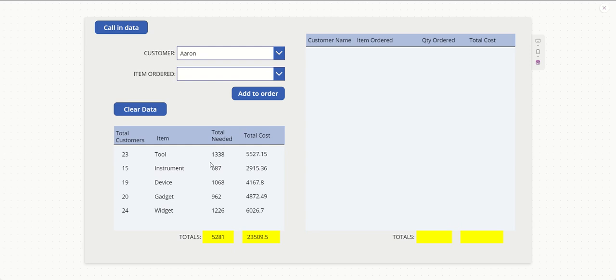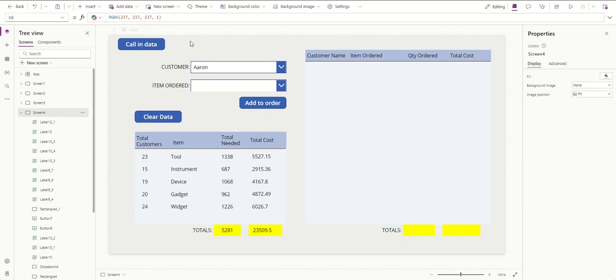So the big question is, we got this far. If I hit this button here, it clears all the data out, and then we'd have to start all over again. So how can we get this data to an email so I can then use that email to start my customer order process? So as we know, if you've stuck with me this long, we need to add a